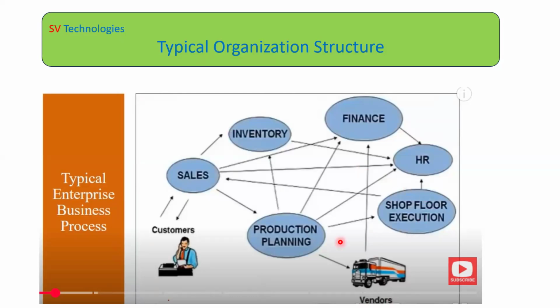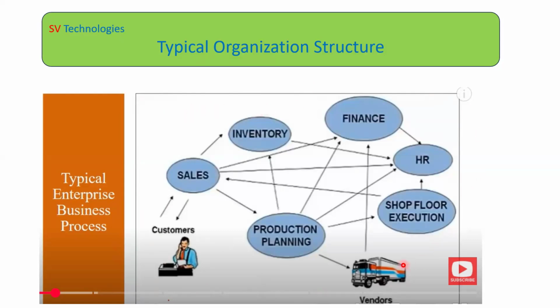If you take any organization or any industry, either a restaurant or big companies, manufacturing companies, automobile companies, aerospace companies, pharmaceutical companies, this is the typical organizational structure. These departments will be there in any kind of organization. Okay, the process is also almost the same, and scenarios might be a little bit different, but at a higher level the entire process remains the same. Okay, so is this clear? So how does any organization look like?